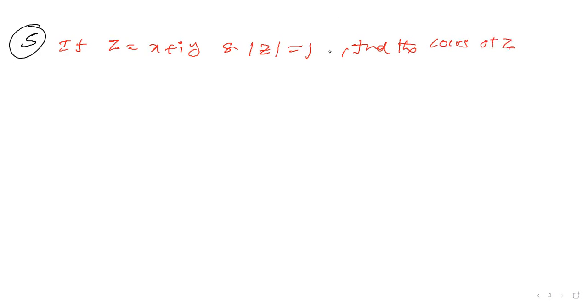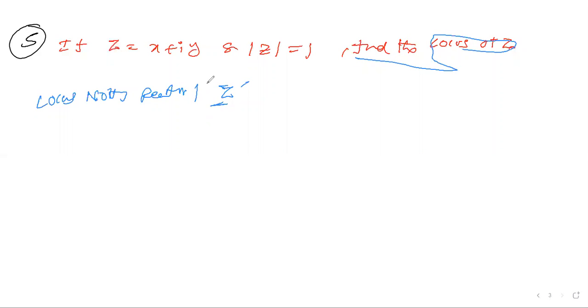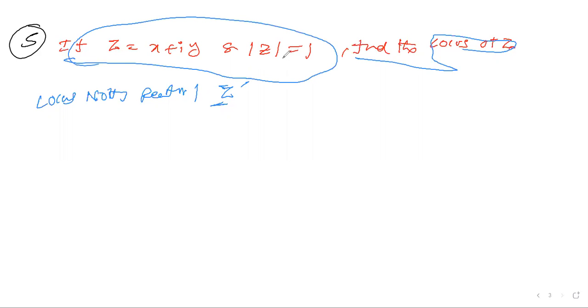This is the first question where you are understanding what a locus is. Any time they ask for a locus, a locus is nothing but a relation. They're asking in terms of z, so you take the relation in terms of z. We need to create a relation in terms of z according to the given condition. The condition mentioned is mod z is equal to 1. Clear? Let us take z is equal to x plus iy.